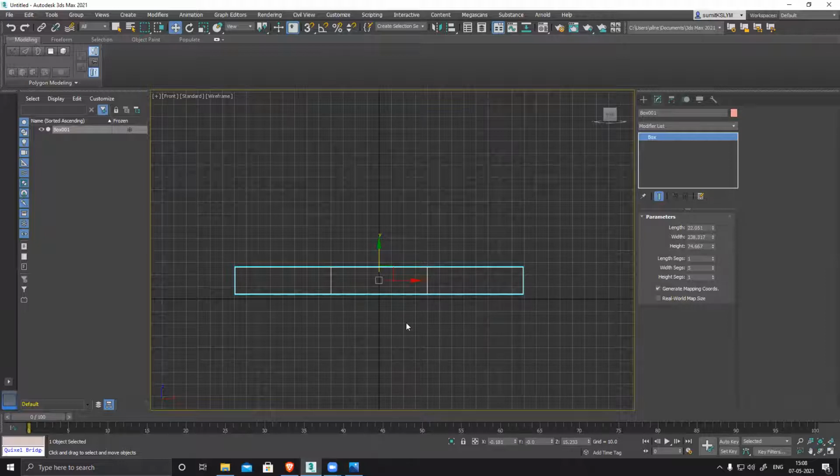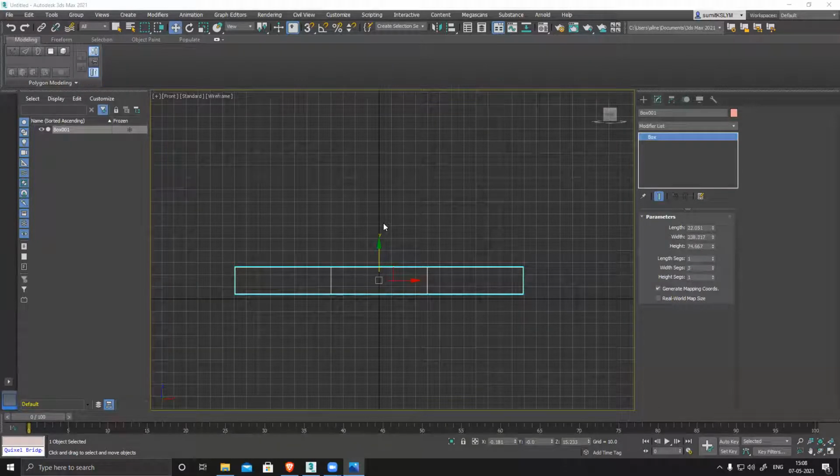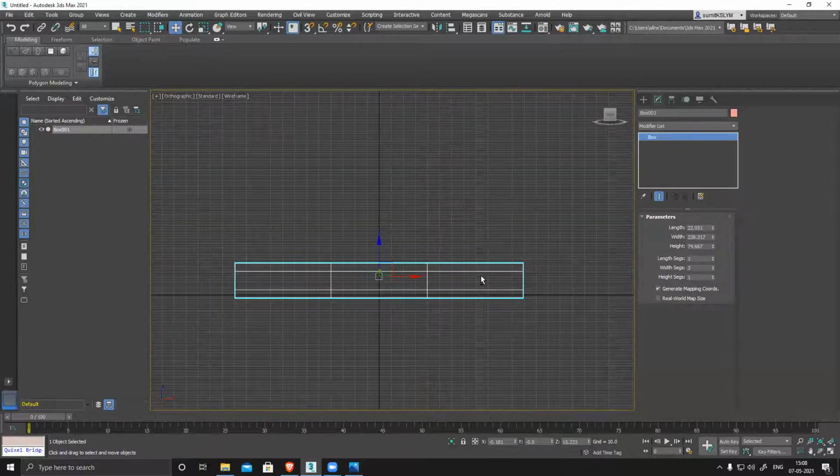So this is basically a solid rectangular shape, nothing fancy. Now we have extruded 2 sections for this hand rest. So we create this thing plus the back rest. So now onwards, we'll create everything with the same model, and cushions are separate anyway. So we'll create the cushions separately.